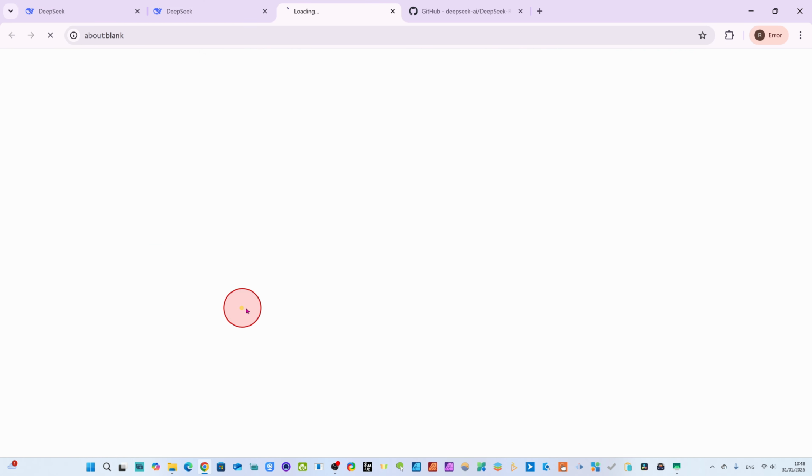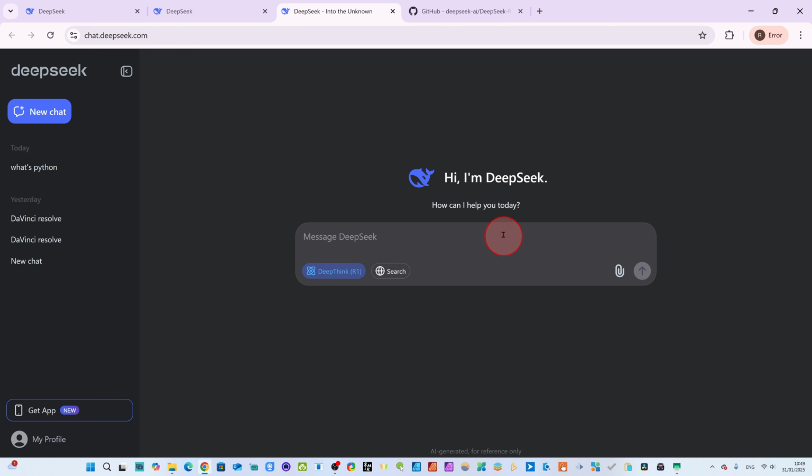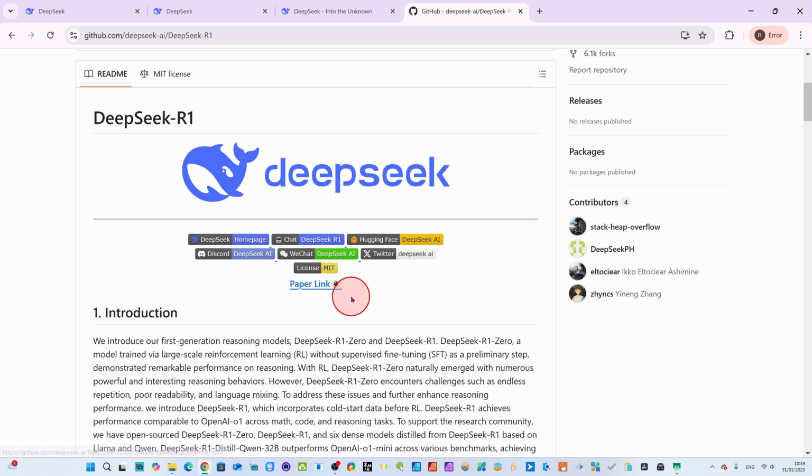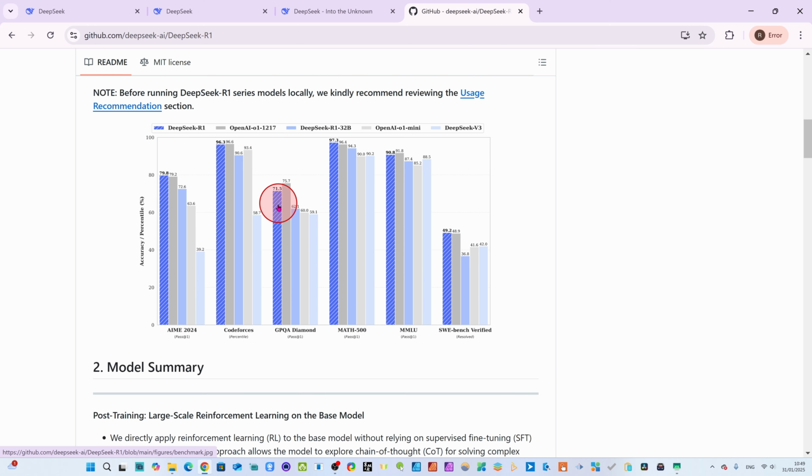Here you can start chatting once you have created your account, as I have told you. From here, or you can come to the GitHub web page, this free open source software, because this is very open source, dear friend. You can check here. You see all the benchmarks here. You can compare with OpenAI ChatGPT. You see it's surpassing it everywhere. It's competing so fast and so strongly, dear friend. It's so new, and in 2-3 days millions of people have downloaded and been using it in 2025.